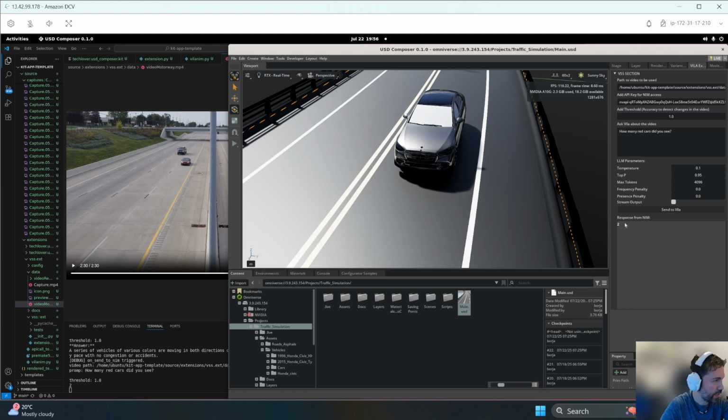So basically it's dividing the video into multiple frames and detecting if there are big differences between the frames, and then it is working on these images that it's retrieving. So we can increase the accuracy, we can increase the amount of frames that we want, but basically that's how Vila